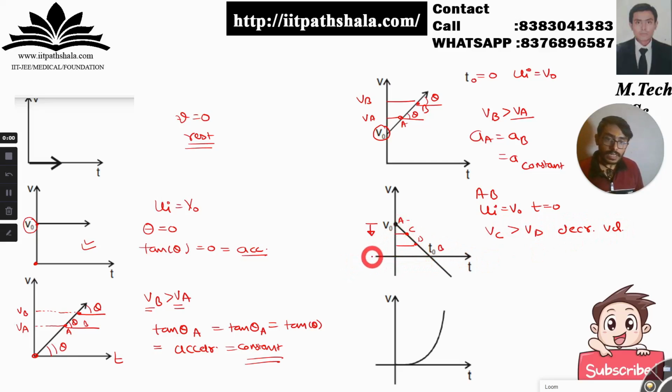But the funny fact to note is that the velocity over here is positive. Fine with this? Now let us talk about the slope at point C and at point D itself. At point C, as you can see, the slope is theta, and it is obtuse. Why? Because theta is greater than 90 degrees. Similarly, at point D, the angle is theta, the same angle, and it is obtuse. So throughout the duration of the time, theta is constant and it is obtuse. So I can say that here my acceleration is negative. Because it is a straight line, my acceleration is negative.